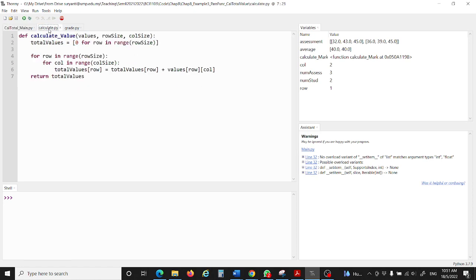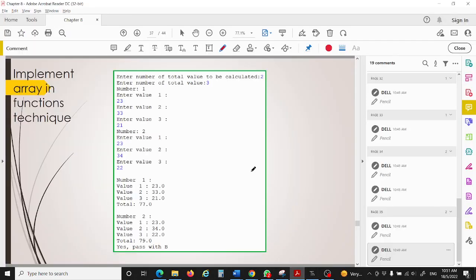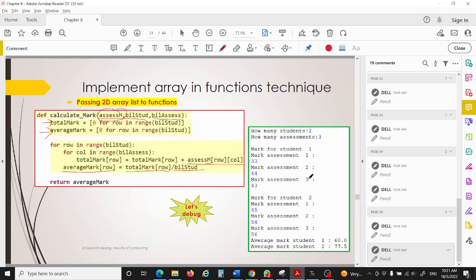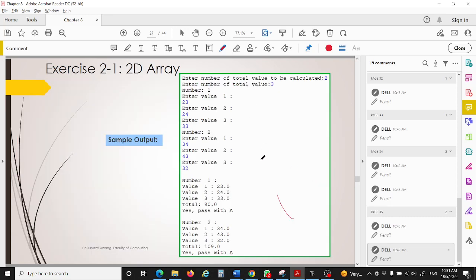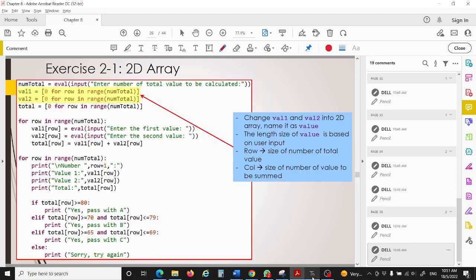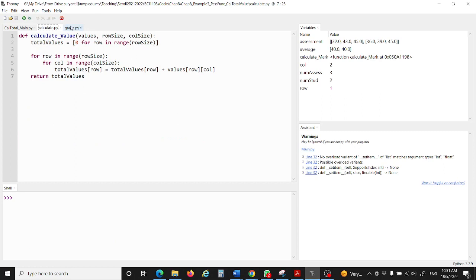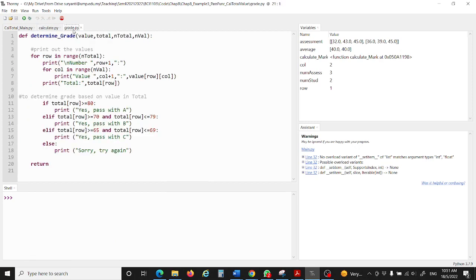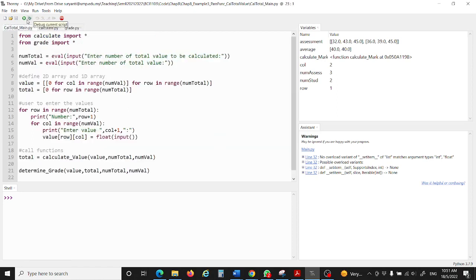Kita debug, sebenarnya sama macam contoh yang sebelum ni. Cuma sekarang we do it in functions. Sama dengan contoh yang mula-mula saya tunjuk tadi, yang dalam kelas tadi kan. However, we do it in function. So we have here to calculate the total in this function, and we will pass the total values here. And another function to determine the grade. Okay, so when we debug,